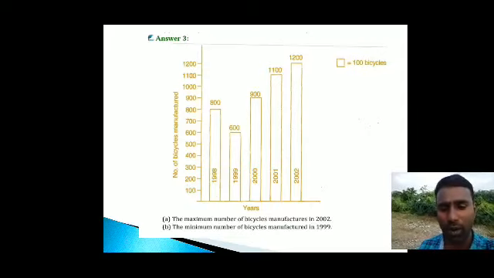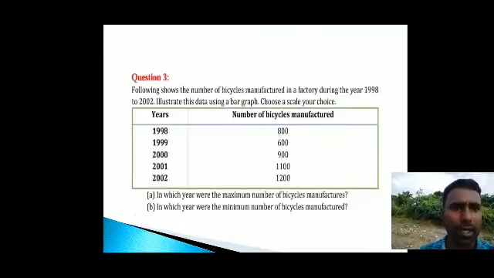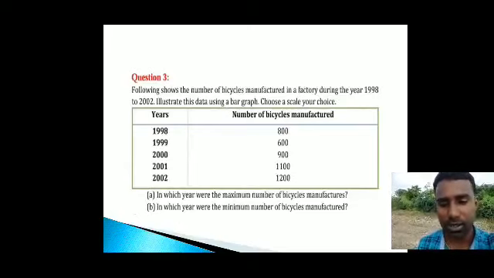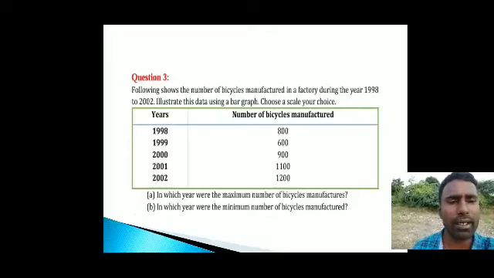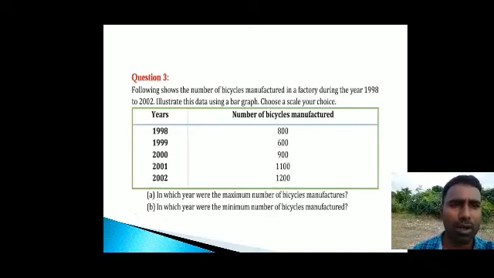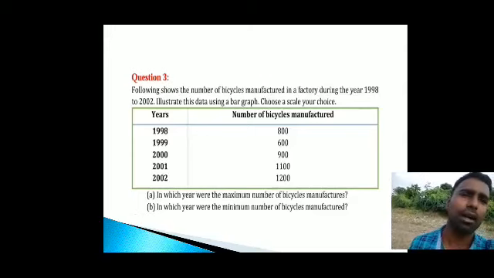Okay, so here you have to represent, sir, what you have to take first is the scale itself. If you look at the data, see here all the numbers end with 0. So one thing you have to notice, whenever a number ends with 0, that number can be divisible by 10. Here I have taken 800, 600, 900, 1000. There are 2 zeros, so 2 zeros means it can divide by 100. 1 zero means 10 will divide. 2 zeros, 100 it can easily divide.